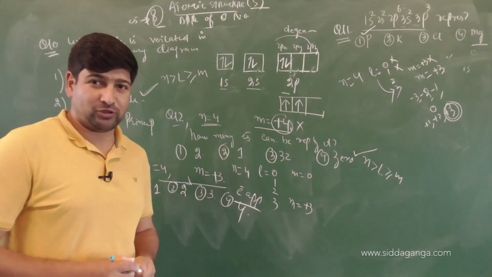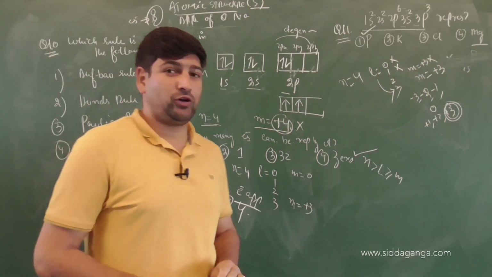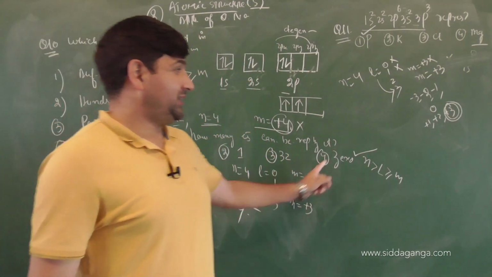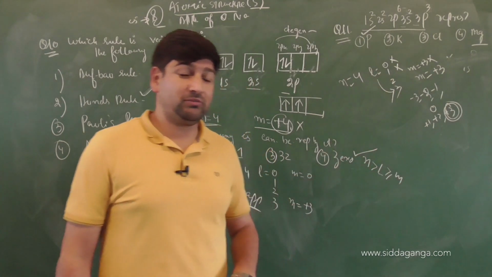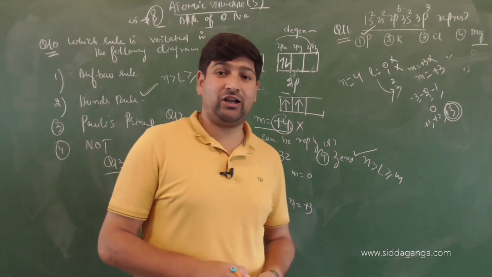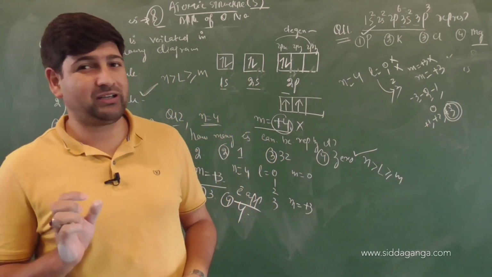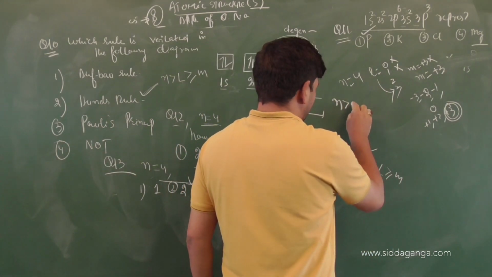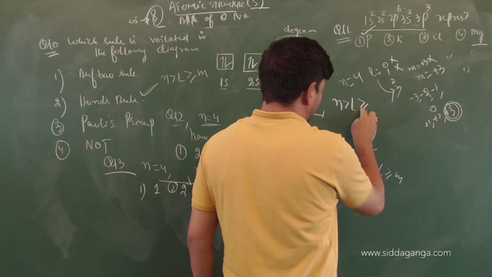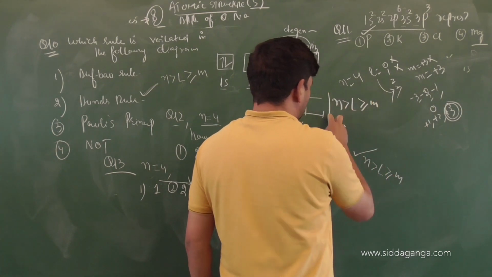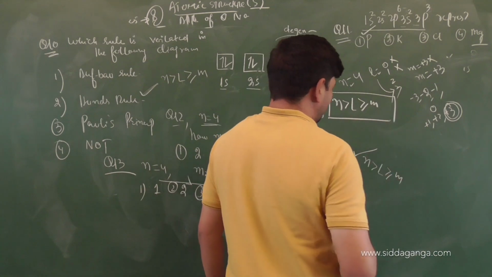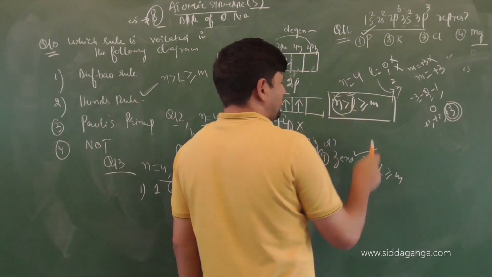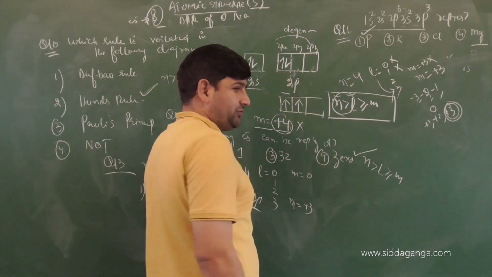Did you follow the pattern of the questions? So the question can be, which of the following sets of quantum numbers is not permitted? Which of the following sets of quantum numbers is available? Which of the following sets of quantum numbers is applicable? So you need to see the values of N, L, M and S very precisely. And you have to keep this in mind: N greater than L, greater than or equal to M. As we know, spin quantum number will be plus half, minus half. One more thing I mentioned, the energy of an atom is decided by the values of N and L, except for hydrogen atom, where it is entirely determined by the value of N.